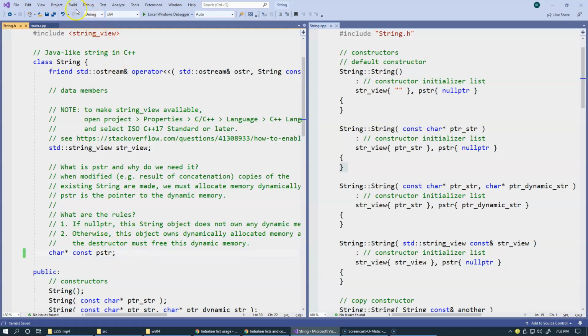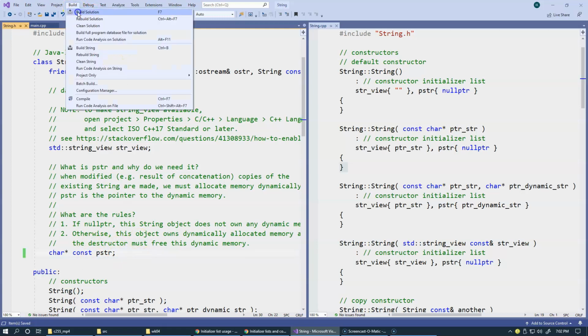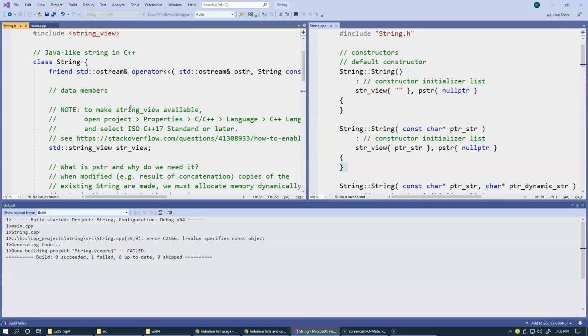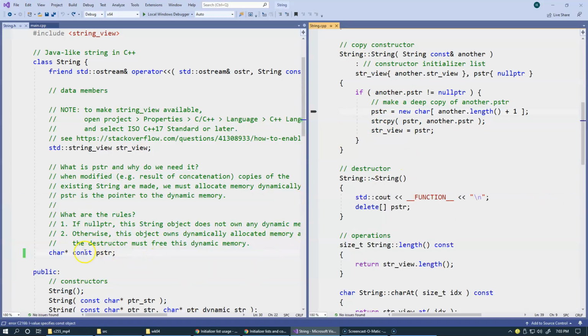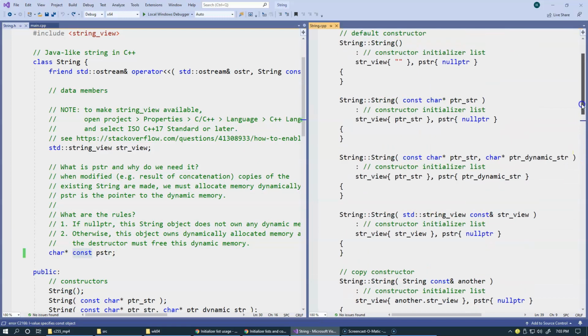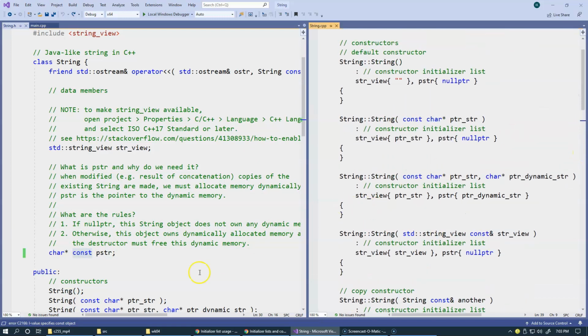Actually, I will even try to compile it with this change. Let me see if it compiles. No, this cannot be made constant. So I'm going to remove it, but for the sake of the demonstration, I'm just saying that if something is constant,